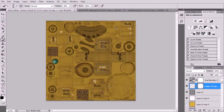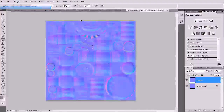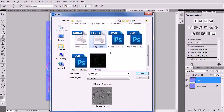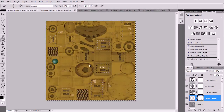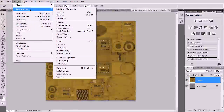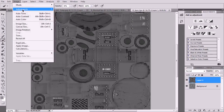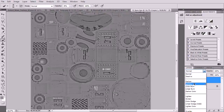And now, since we already did the specular map, we're gonna open it. I don't want to destroy it since it works so far fine. I'm gonna open it and I'm gonna go to my diffuse colors and I'm gonna copy all. I'm gonna go here and paste anything. So I'm gonna desaturate the one that is just pasted, and I quickly want to go to image, shadows and highlights, and reduce all kind of highlights, and I'll change this to multiply,